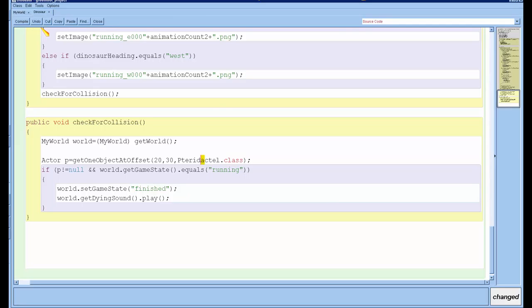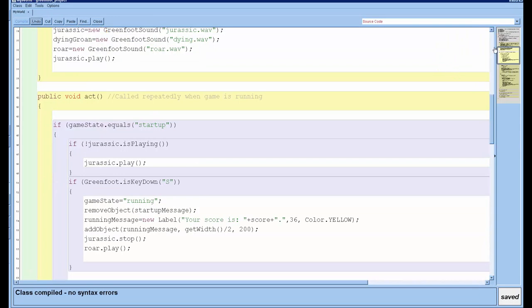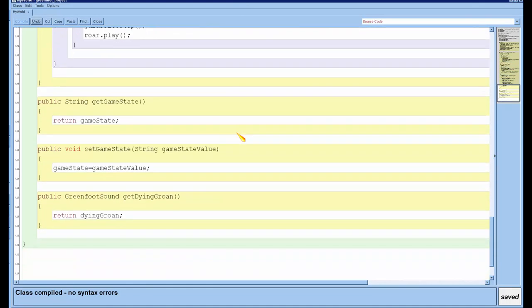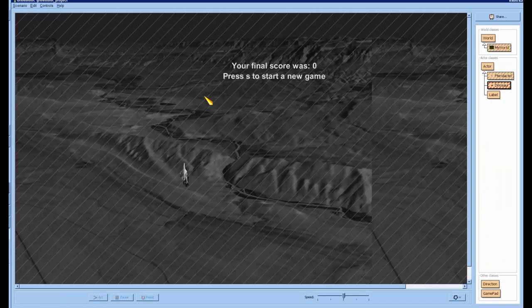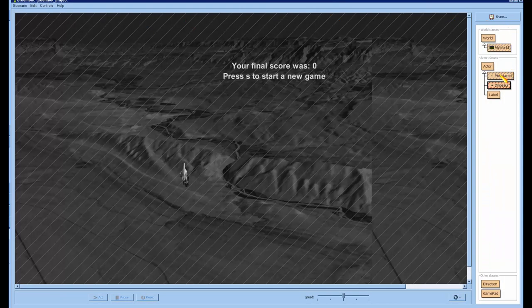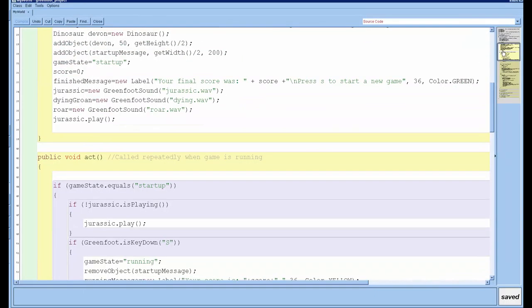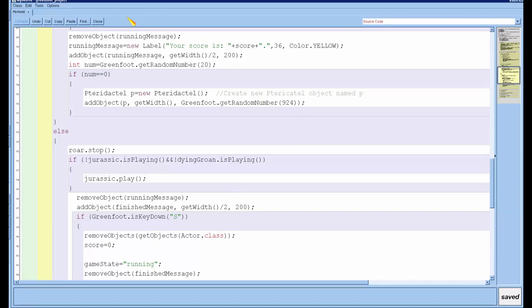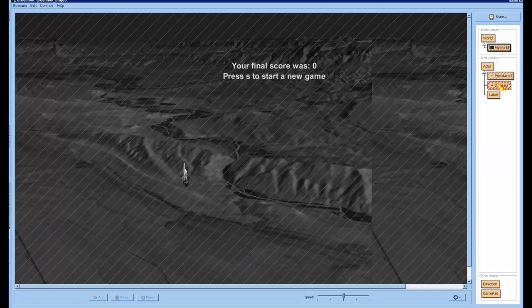So if I go back to, now what was that? It wasn't that. It was called get dying groan. Oh, not sound, groan. Okay, so let me go back to pterodactyl, my world. And no, dinosaur class.